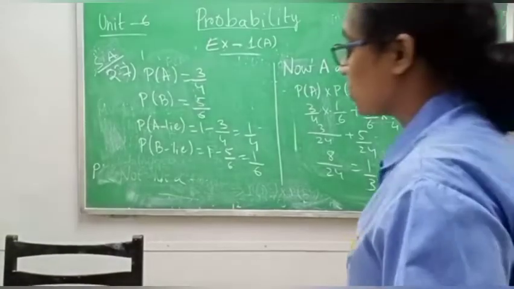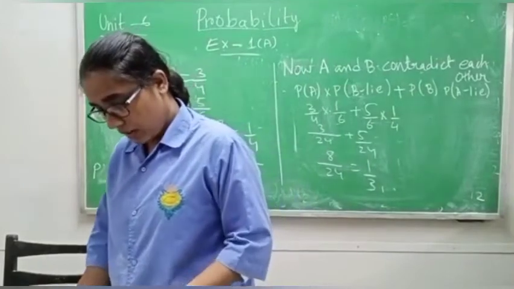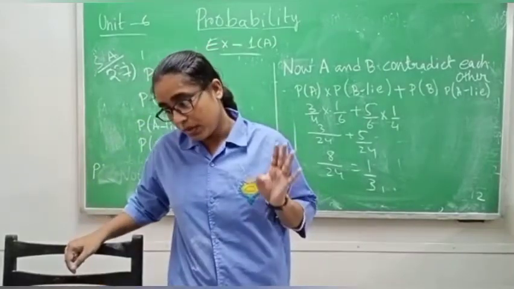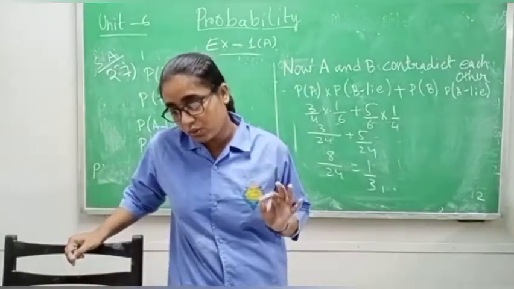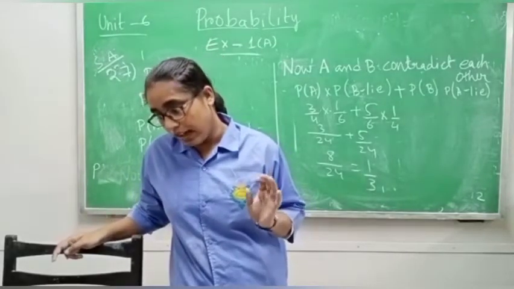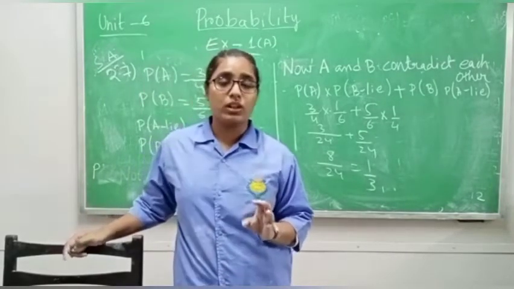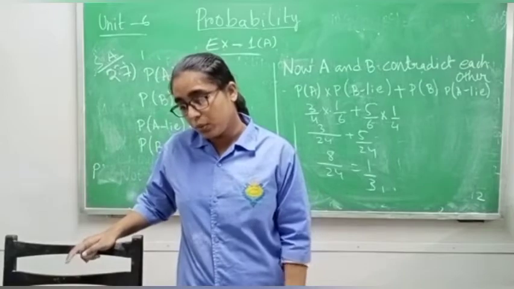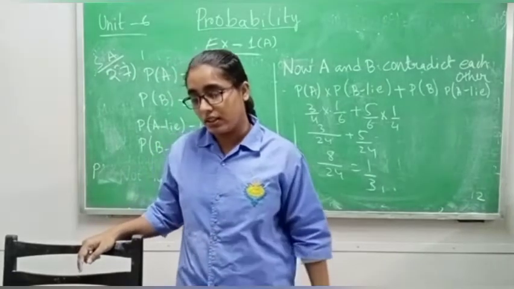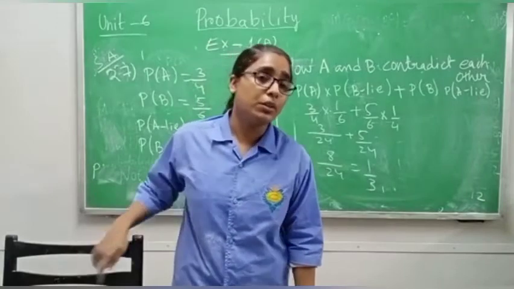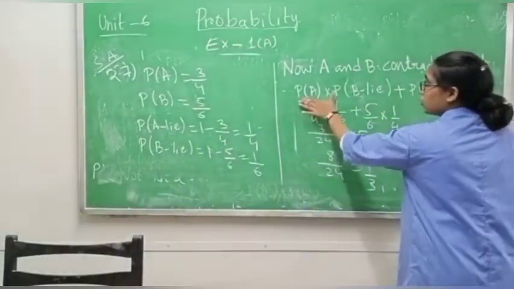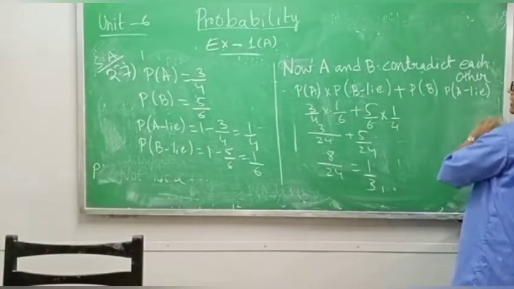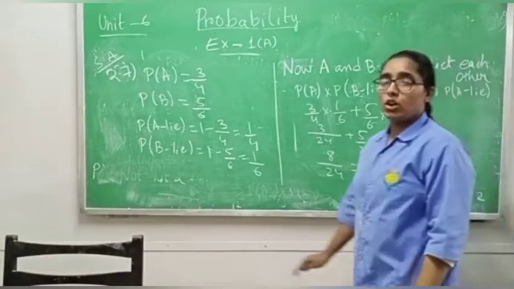Now class 12, read question number 27, short answer. A speaks the truth 3 out of 4 times. Means total times he is speaking 4 times, but A speaks the truth only 3 times. And B 5 out of 6 times. In total, B is speaking 6 times, but he tells the truth only 5 times. What is the probability that they will contradict each other in stating the same fact? Contradict means maybe A is telling the fact, means true, but at that time B is lying, or B is telling the fact and at that time A is lying. So that is the meaning of contradict.